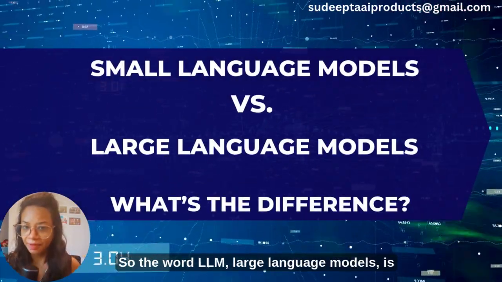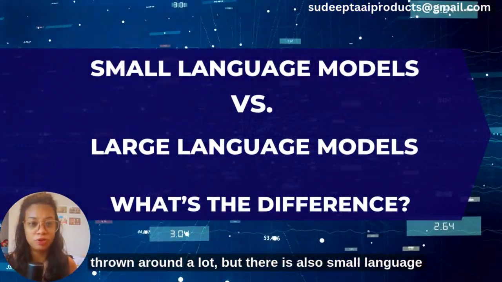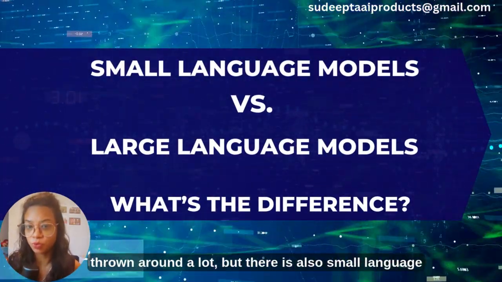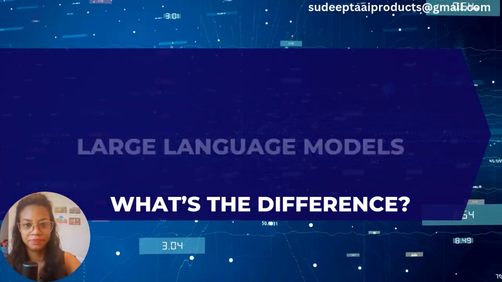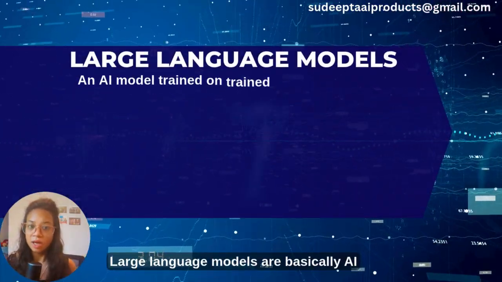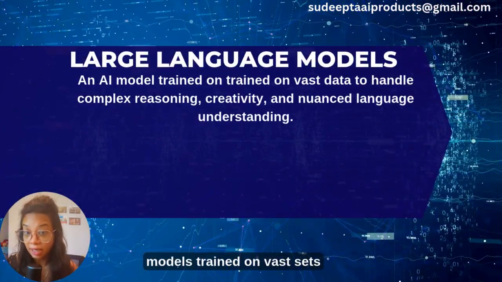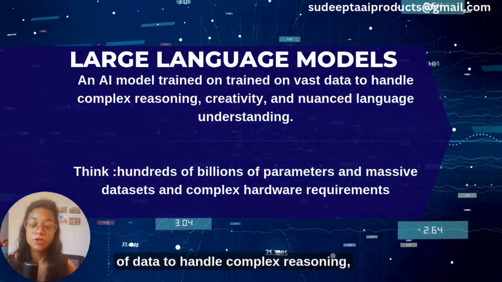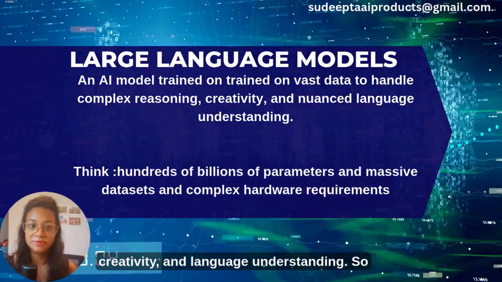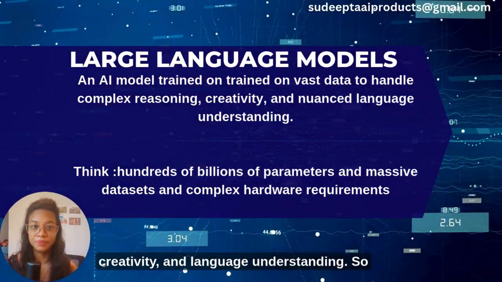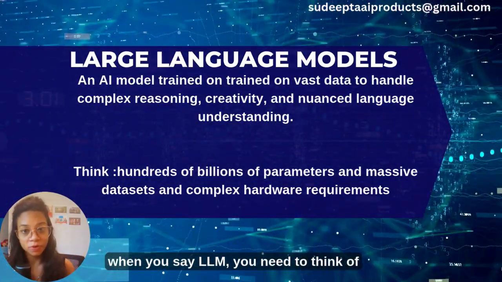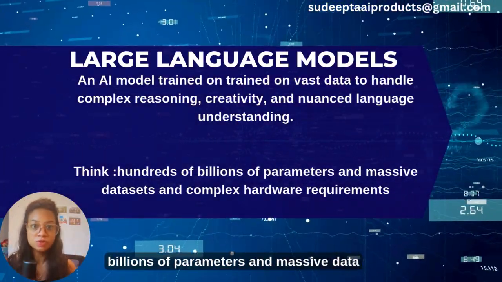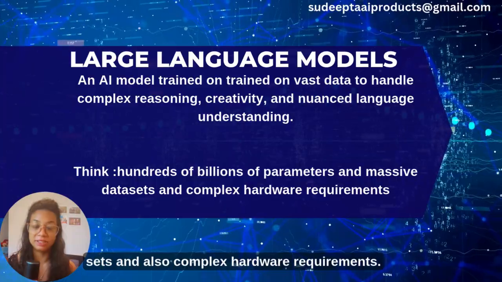So, the word LLM, large language models, is thrown around a lot, but there are also small language models. Large language models are basically AI models trained on vast sets of data to handle complex reasoning, creativity, and language understanding. So, when you say LLM, you need to think of billions of parameters and massive data sets and also